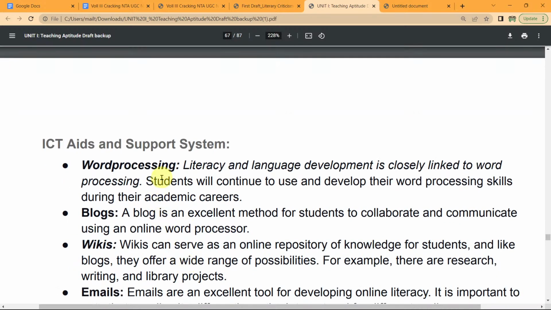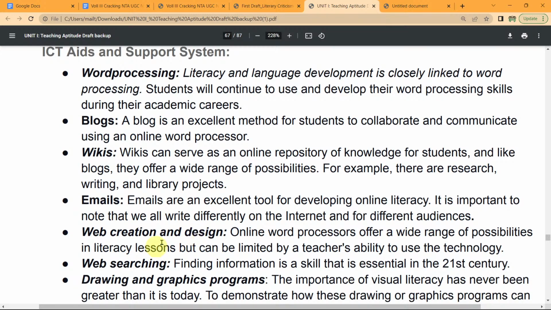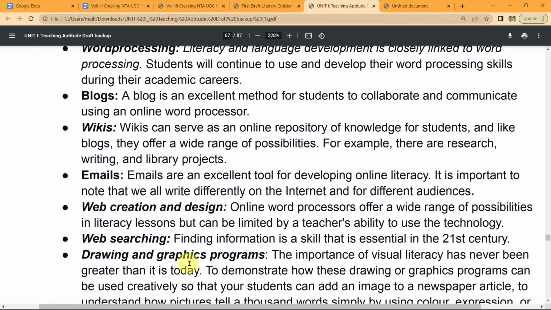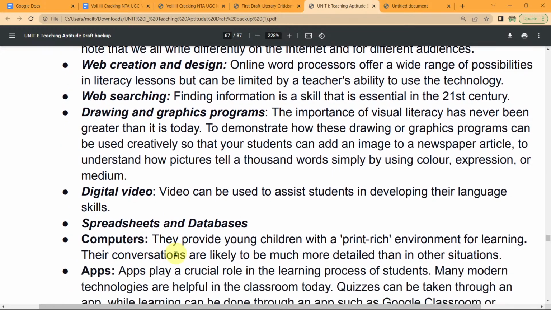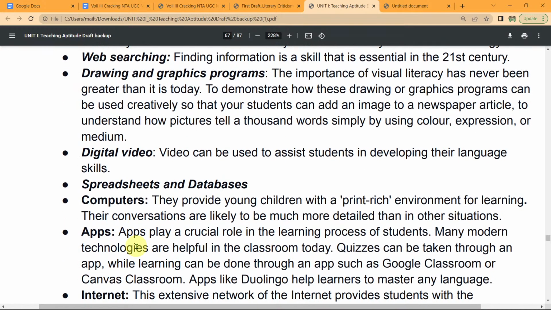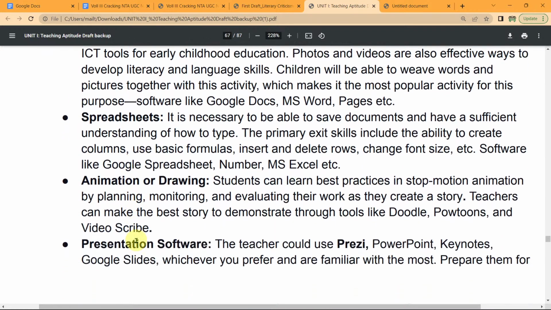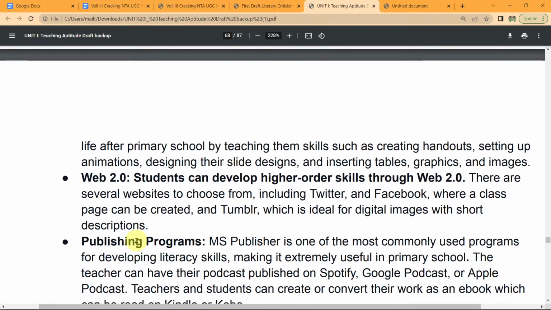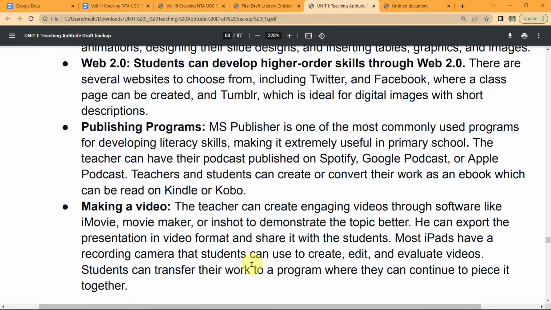word processing, what you learn through blogs, whatever you learn in Wikipedia, through emails, web creation, design, web searching, drawing, graphics, program and digital videos, spreadsheet, database, computers, apps, internet, word processor, spreadsheet, animation or drawing, presentation software. Web 2, student can develop higher order skill through Web 2. Publishing program, making a video,